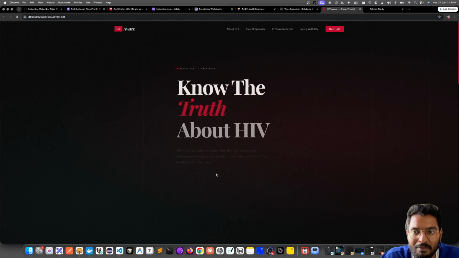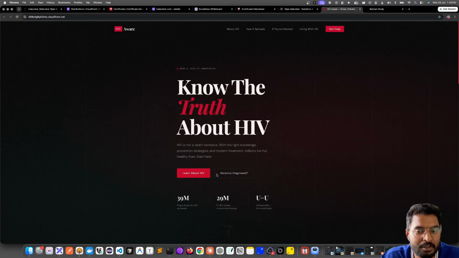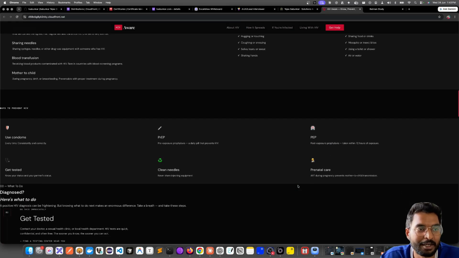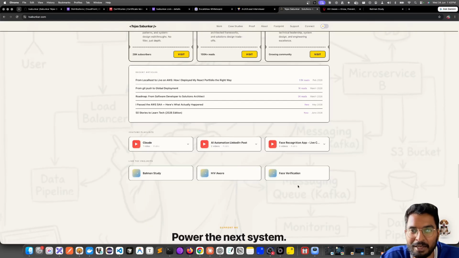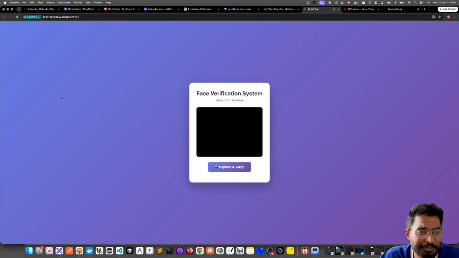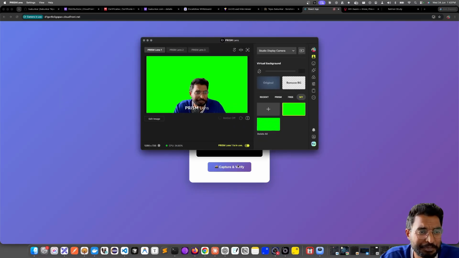Then there is a website about HIV awareness, which is majorly about what exactly HIV is all about, and the different facts and figures. Third, we have the face recognition app, a stupid app which lets you capture a photo and then